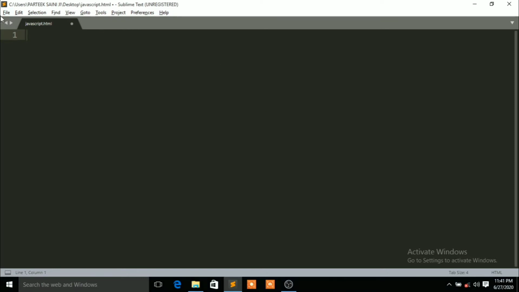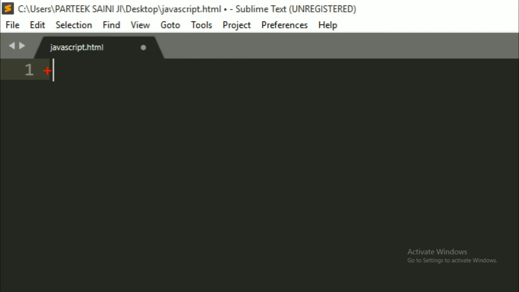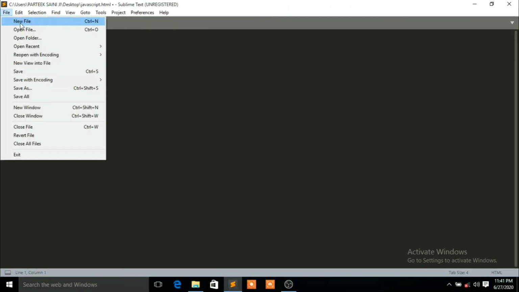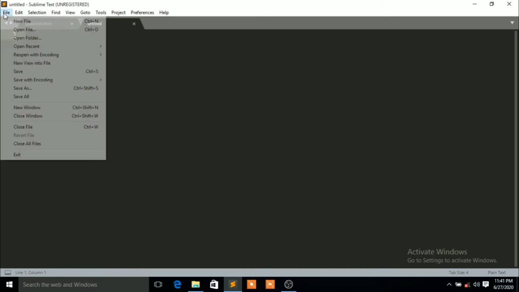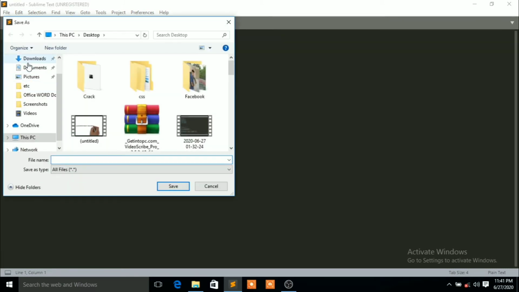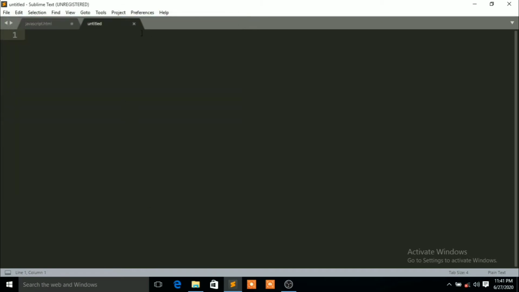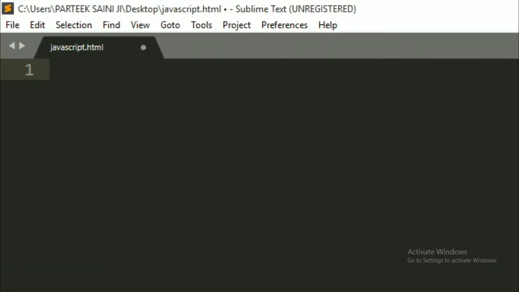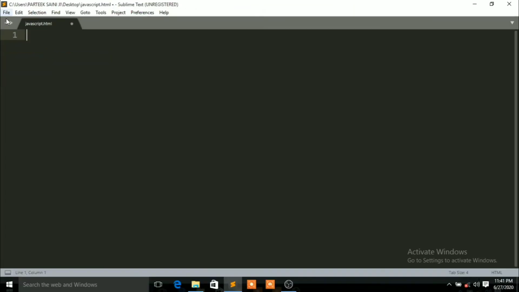To print the hello world program, you first have to create a file, javascript.html. Click on file, new file here friends, and then again click on file, save as, and then save it in any location, whatever you like, and name the file javascript.html and then save. I have created this file already. First of all, you need to have an HTML body structure.